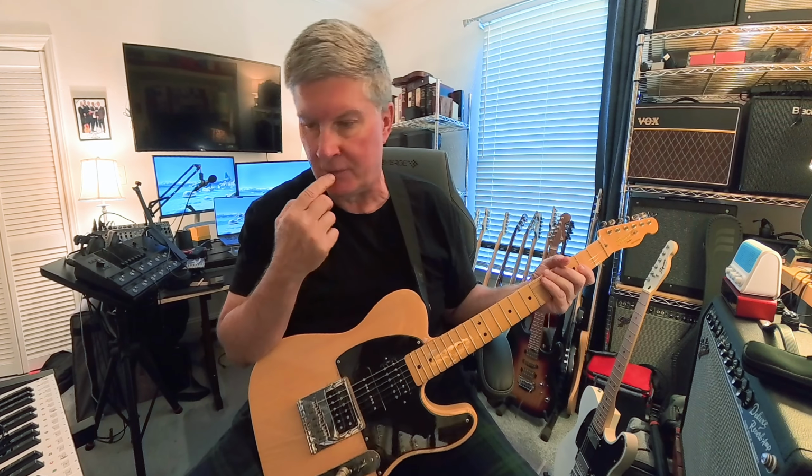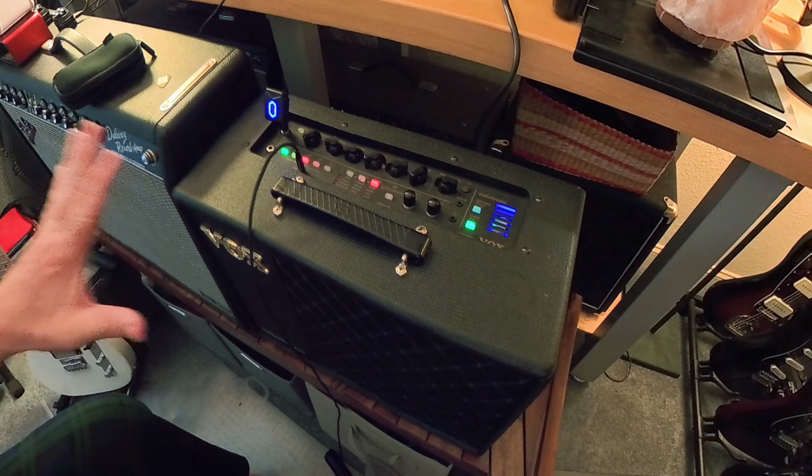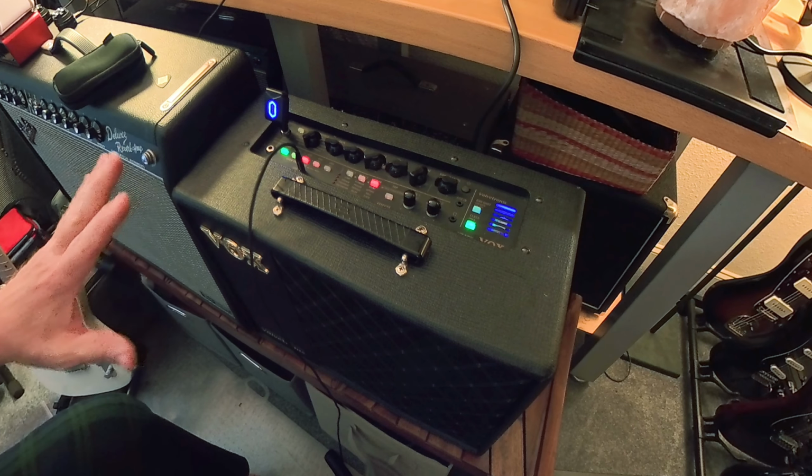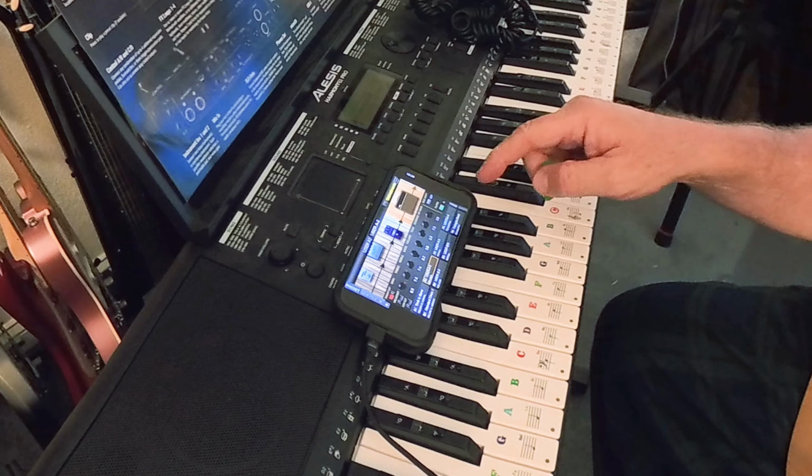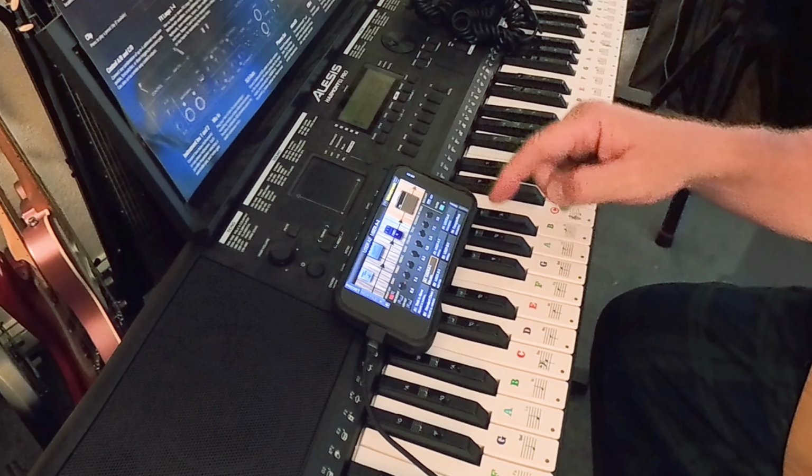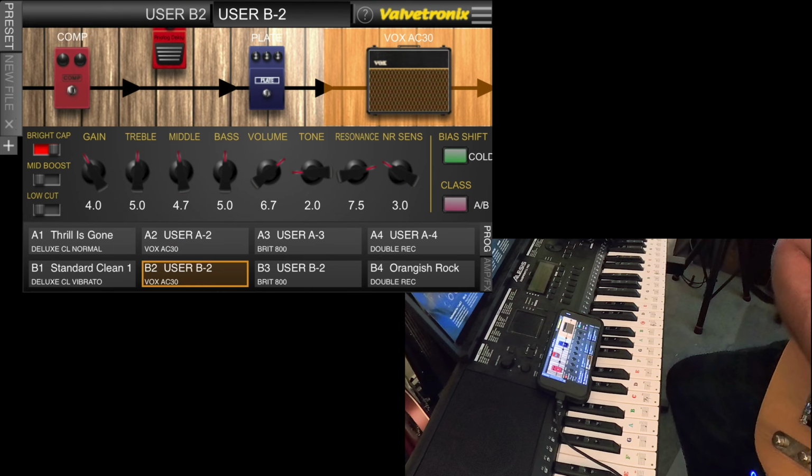I've had a subscriber ask me about a video I did several months back on the Vox VT40X, which I have one down here in front of me, and using the phone app to control it rather than a computer. So you can see I'm here an A2 user. I can go to like B2 here and it'll be